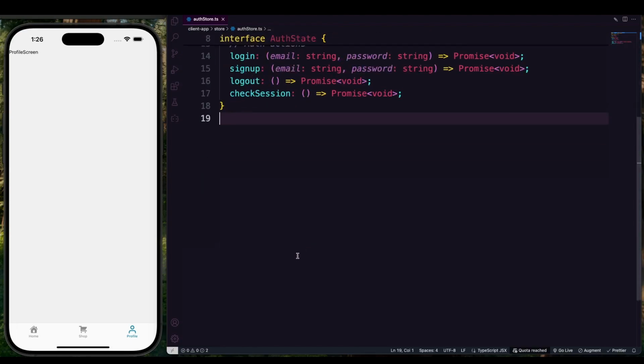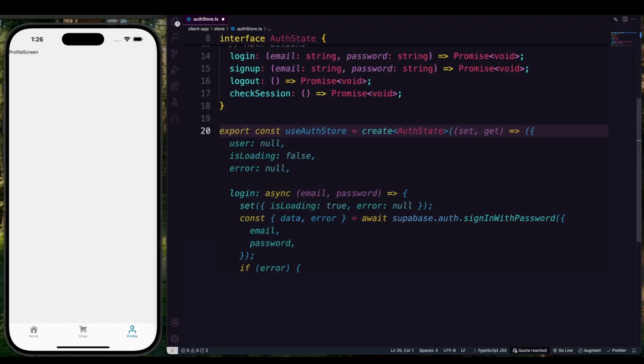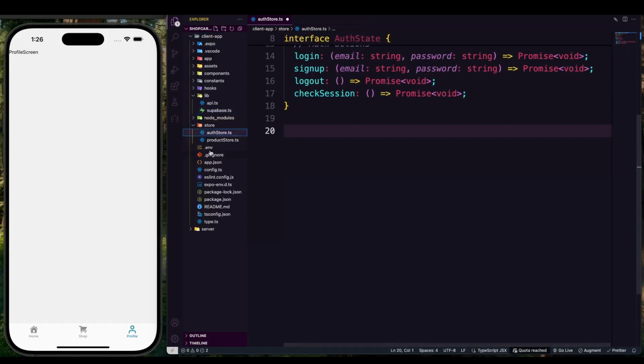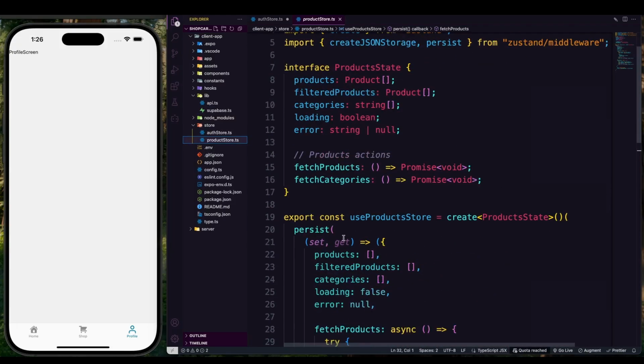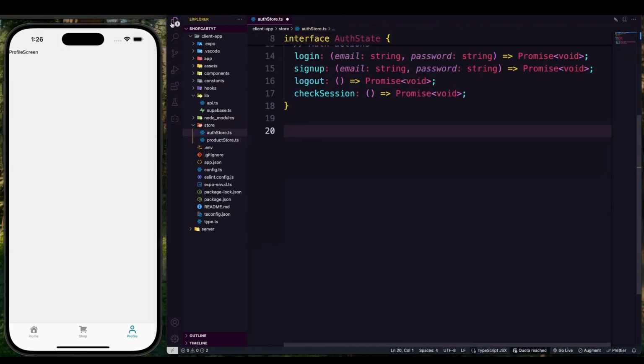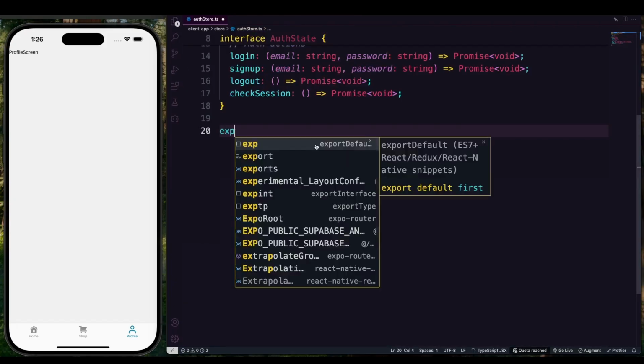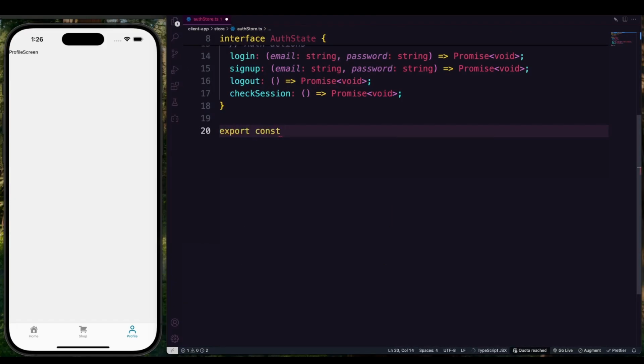Now this one, I'm not going to use persist. You can use persist because I did it before, so it's up to you, because here, as you can see, we used that persister, right? So it's up to you. You can also use the persist store if you want to, but for the user I want to keep it in real time. So it should be export const, let's say useAuthStore, which is going to use